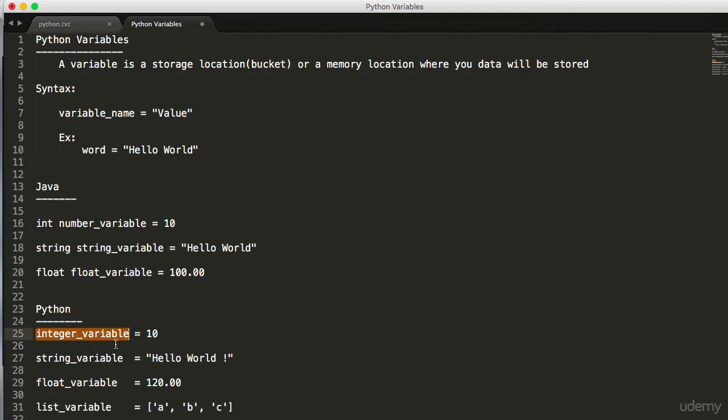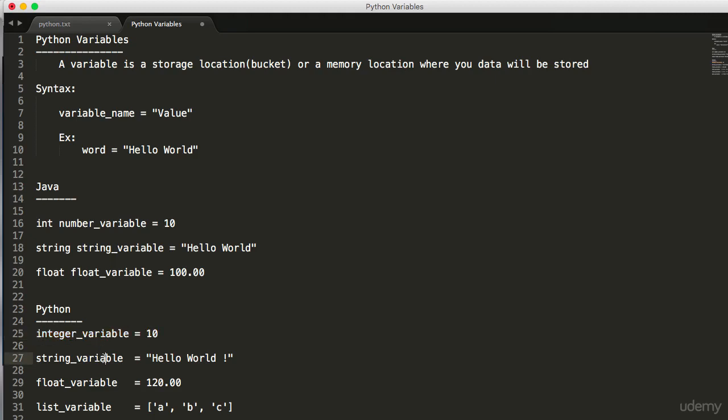That's an interesting question and an interesting feature of Python. Python itself identifies the data type according to the value you assign to the variable dynamically at runtime. For example, you have assigned a 10 value to this integer variable, and during the execution of the program, Python identifies the data type of this integer variable based on the data you have assigned to it.